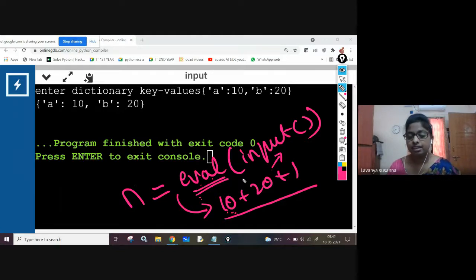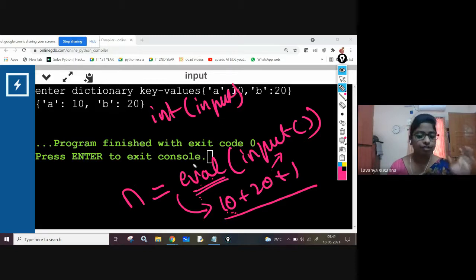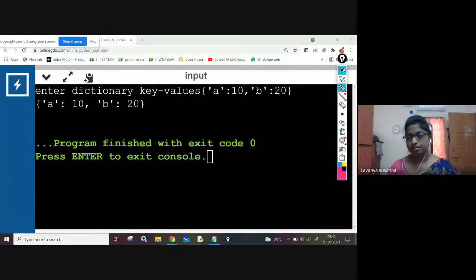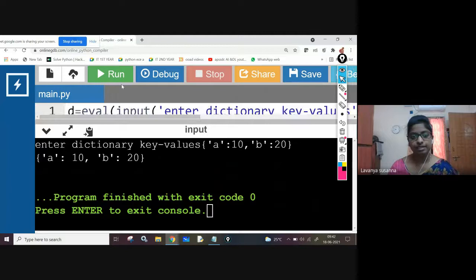If you enter an integer, it will take it as an integer value only. No need to give int of input like this. Whatever you have entered, it will understand, whether it is an int, a string, a dictionary, or a list. For example, see what I am doing. Once again, I am executing this. I will give the input as a list.